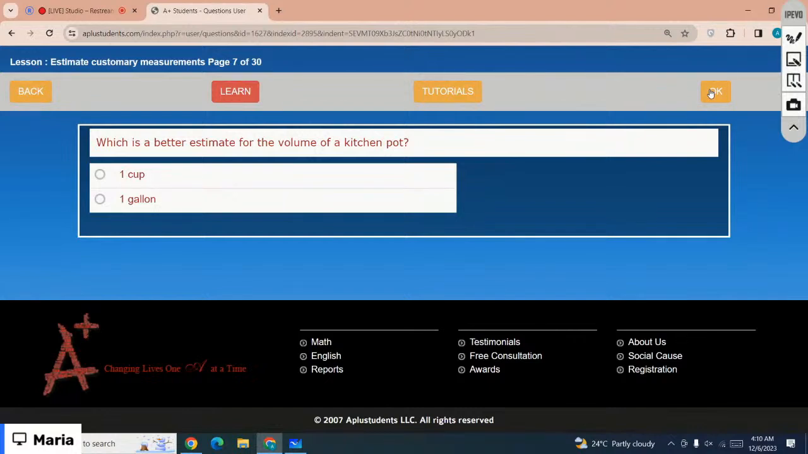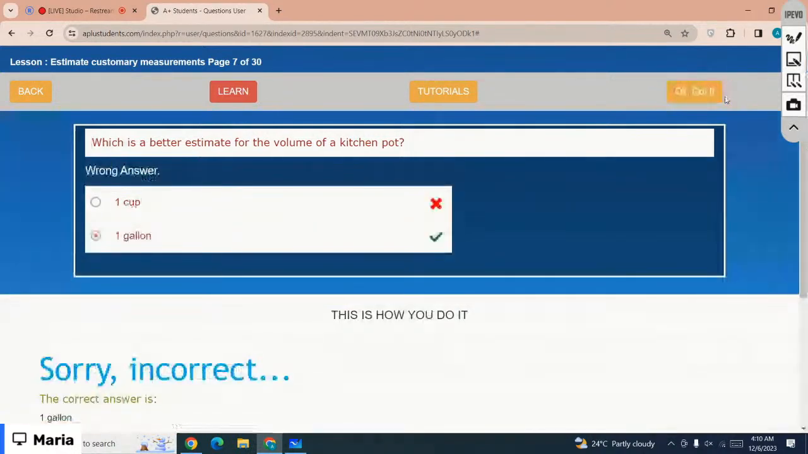That is 1 cup. The correct option is 1 cup because for the kitchen pot, 1 gallon is too much. So the correct option is 1 cup. Why is no one answering? Hmm? 1 gallon? Oh, yes, kitchen pot. So it would be 1 gallon, right? The correct option is